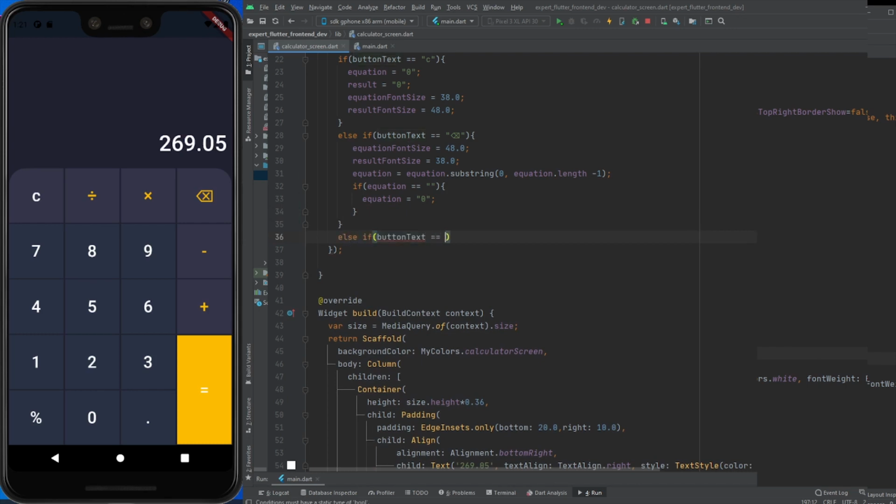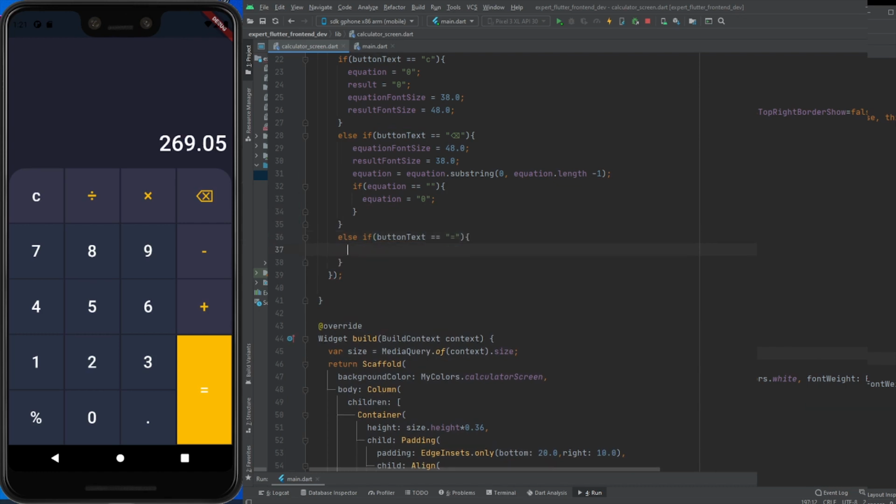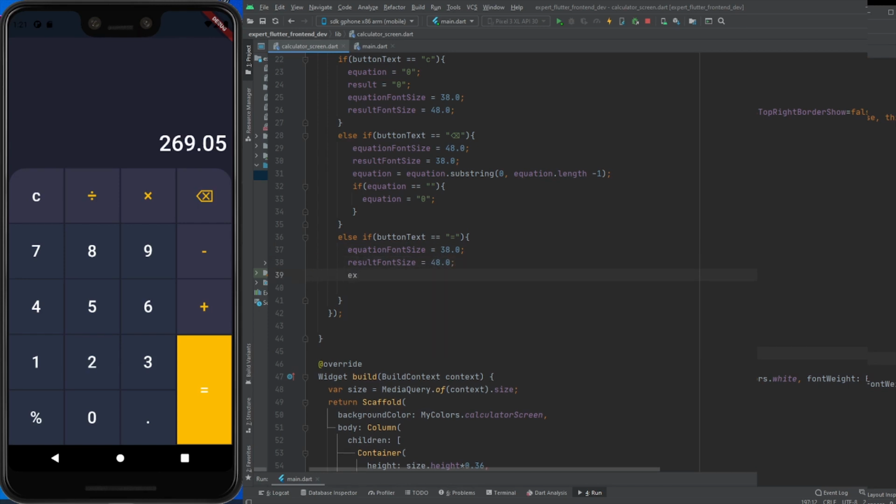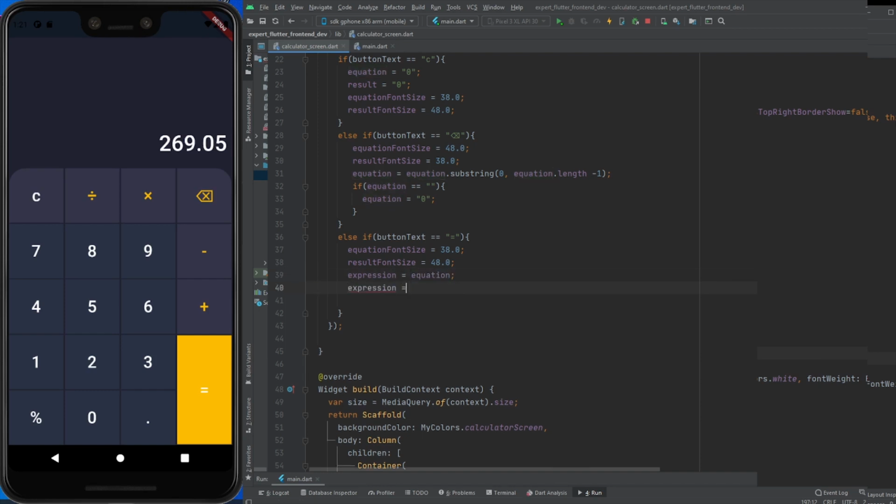Now we will check again with an else if condition, and we'll check button text. If button text equals the equals sign, we'll set the font size of both the equation and result font size. It should contain 38, and it should contain 48. Okay, now equation equals equation, because it's the equals sign. And expression equals equation, and now expression equals